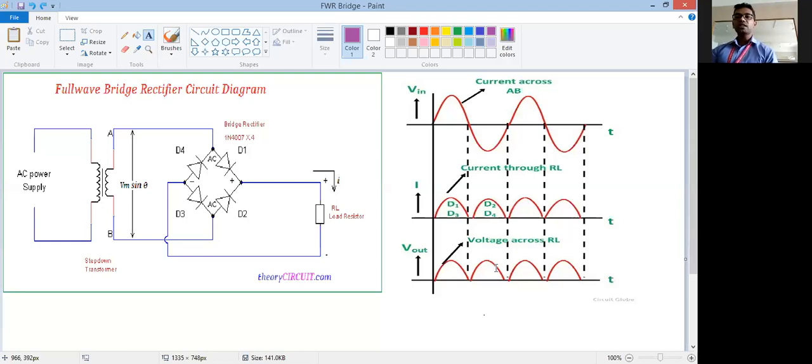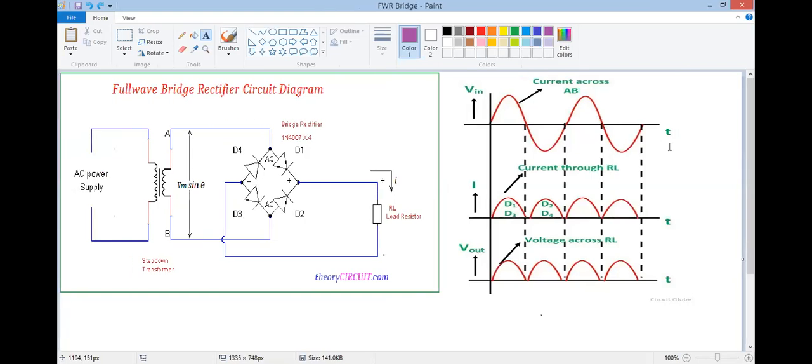So in the positive half cycle, the current is positive because of D1, D3, and in the negative half cycle, the current is again positive because of D2 and D4. Again, when the next positive cycle comes, D1 and D3 will be on, so they are conductive, current positive. In the next negative half cycle, D1, D3 off, D2, D4 on, so current flows because of D2, D4. So again, current is positive. Correct. So it is very easy to understand now.